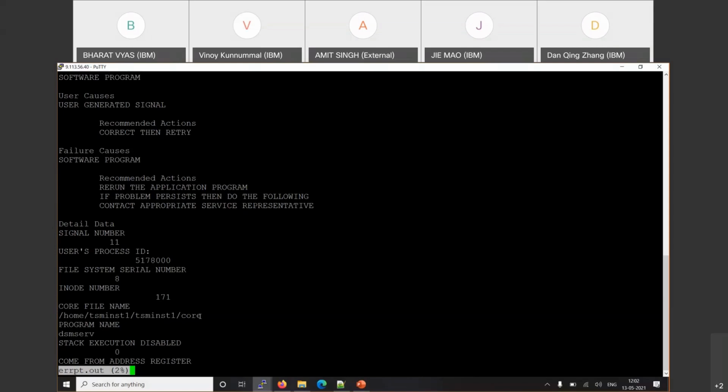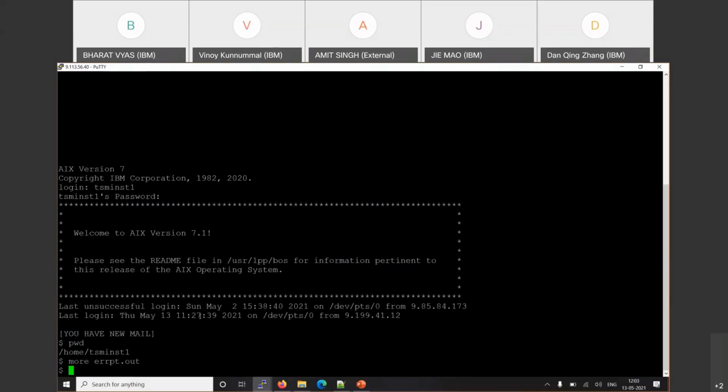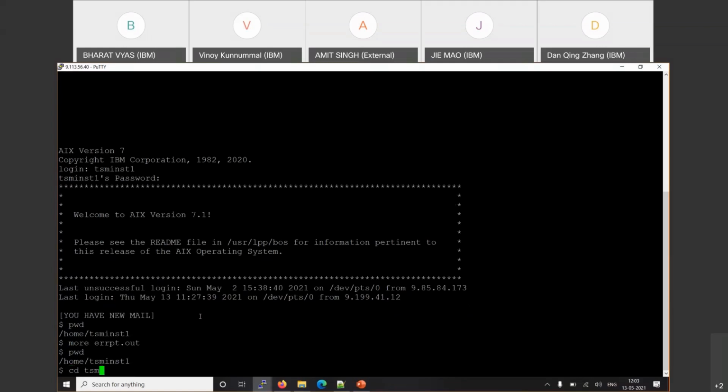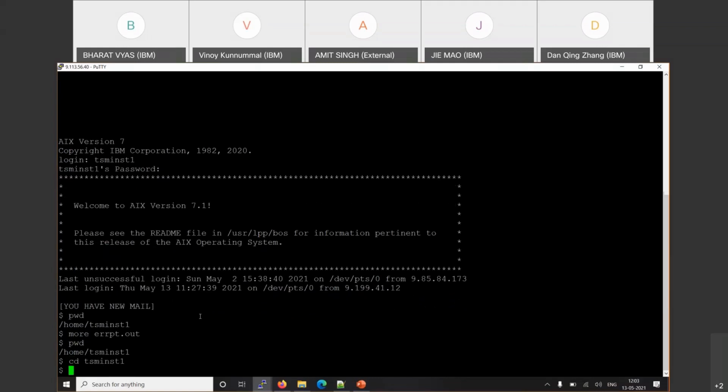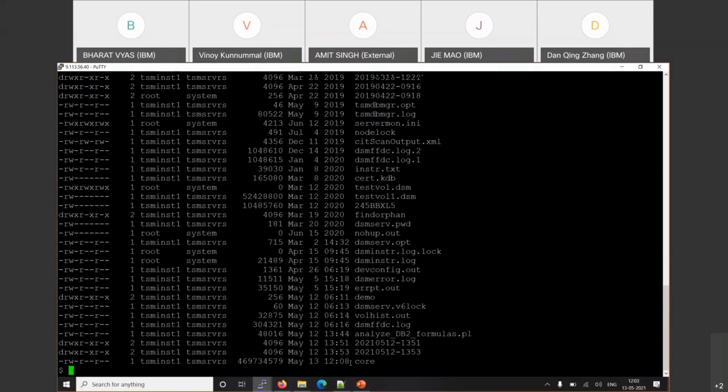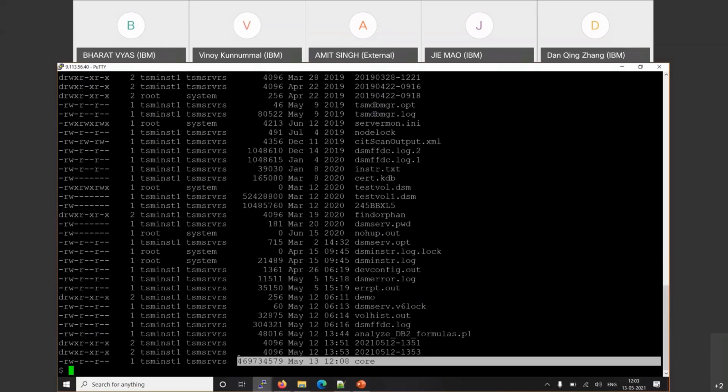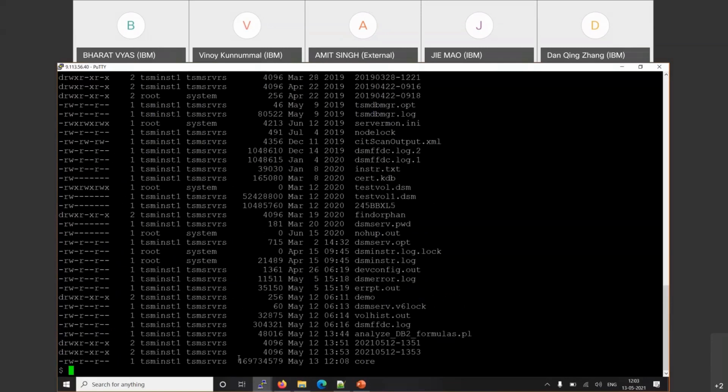Okay, so now I know where my core file is and where my DSM server executable is, because I need to run the dbx utility to extract the call stack. So currently I'm in this directory. Let me go to tsm-1, which is my instance directory. Let me verify here where my core file is, and this is my core file generated here in the instance directory.